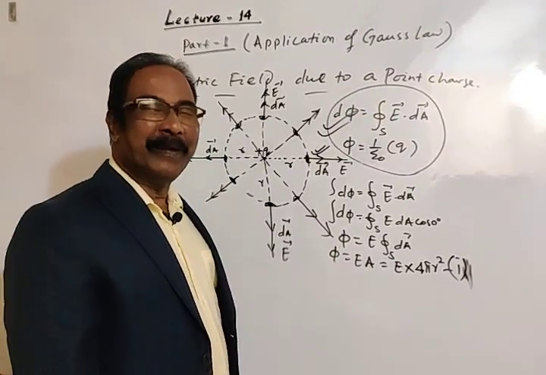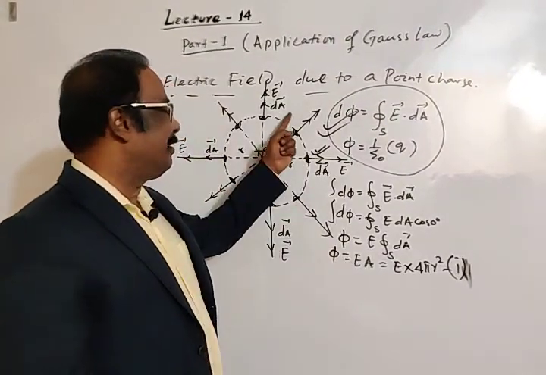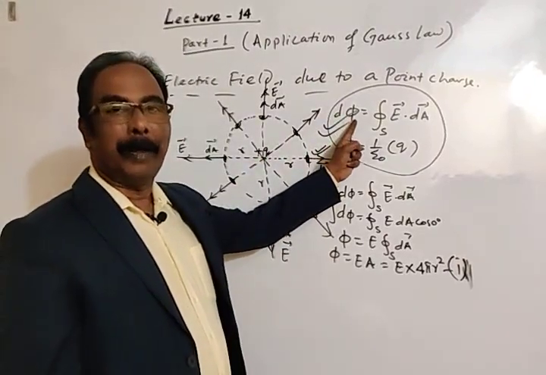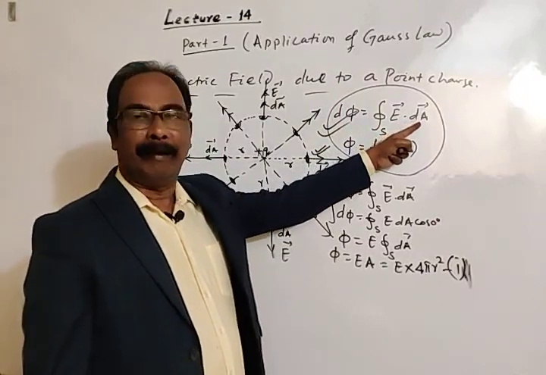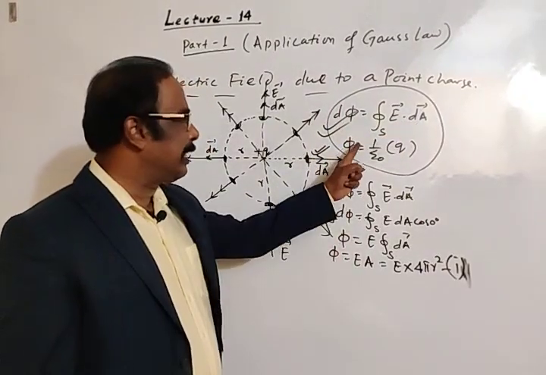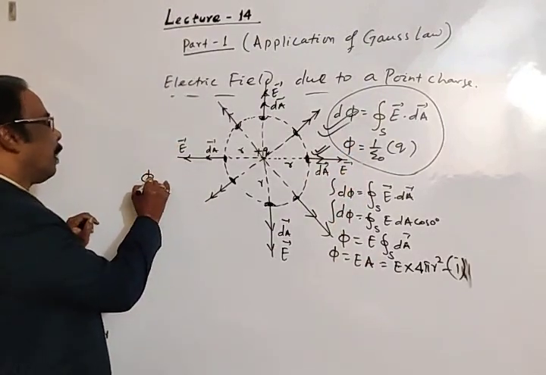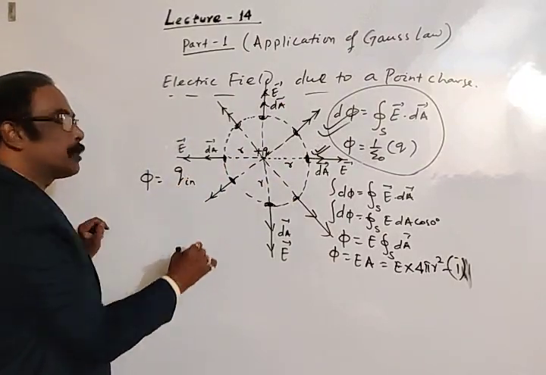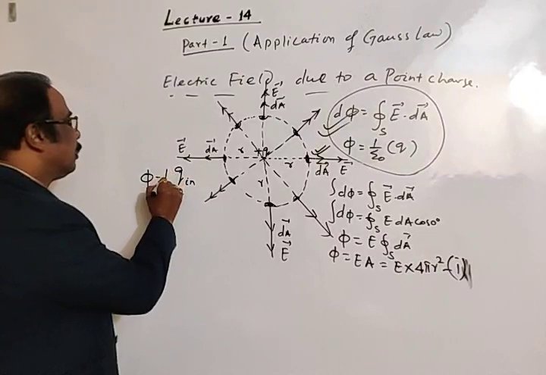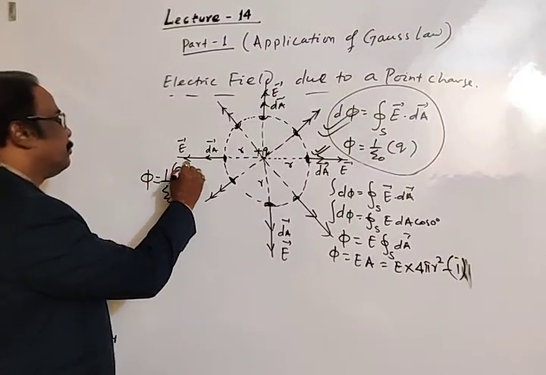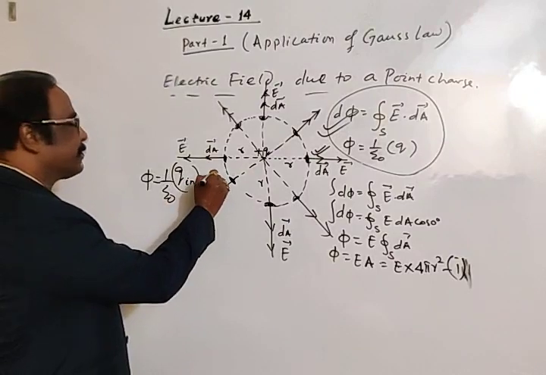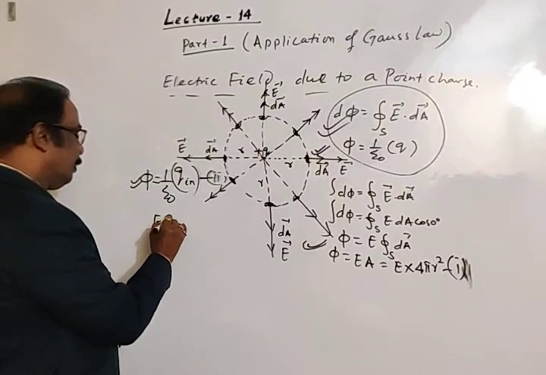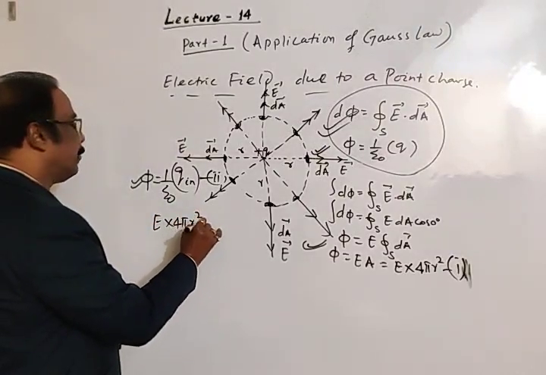first step is completed. As we have discussed, we have to first take an imaginary Gaussian surface which must enclose a charge. Then this is the general formula for electric flux through elemental area dA. We have got what is flux. Then second step, according to Gauss, flux is equal to the charge inside the Gaussian surface. We may take it as 1 by epsilon naught times the charge inside. This is equation 2.